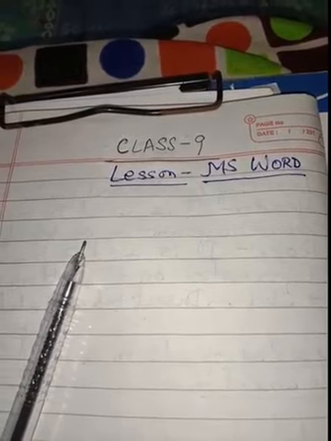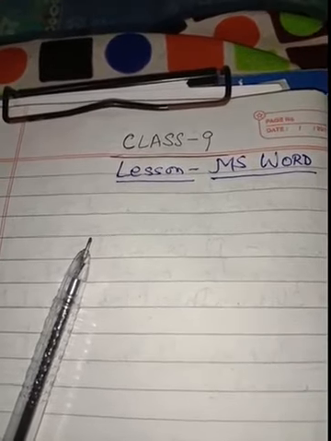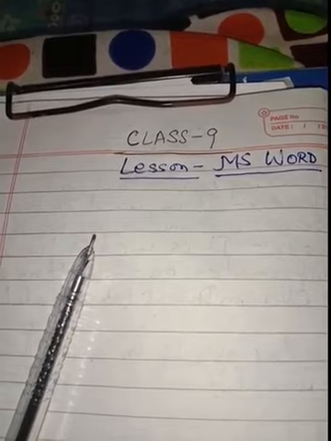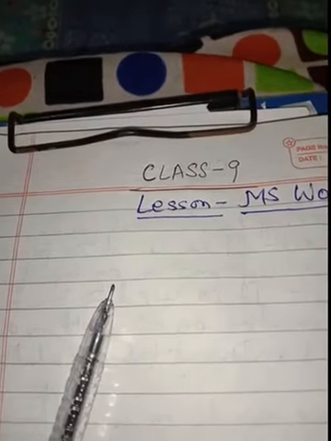Next, we have discussed formatting. What is formatting? It refers to changing the appearance of a document to make it look attractive. It can be done by changing the font type, font size, font style, adjusting line spacing, managing tab settings, aligning the text, and other activities. Mostly two types of formatting are there. Character formatting, which is applicable to the selected text, and paragraph formatting, which is applicable to the entire paragraph.